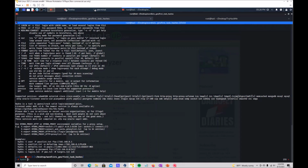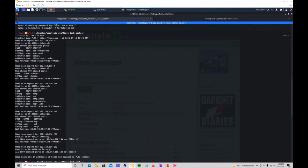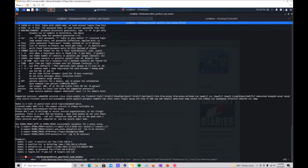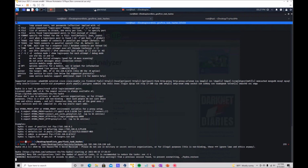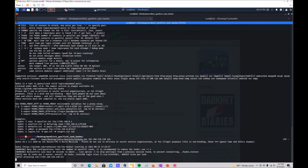We're gonna specify our L, maybe it's admin. P, specify our full word list here. And since this is SSH, we don't really have to change it. So we're going to simply go our host address, which, if I remember correctly, is 130. Just take that, SSH on the end of it. Now what this is doing is taking the username admin, combining it with our password list from the rocky.txt. We have our host here. We have the service that we're attacking, which is SSH, and as we see here, it's running through